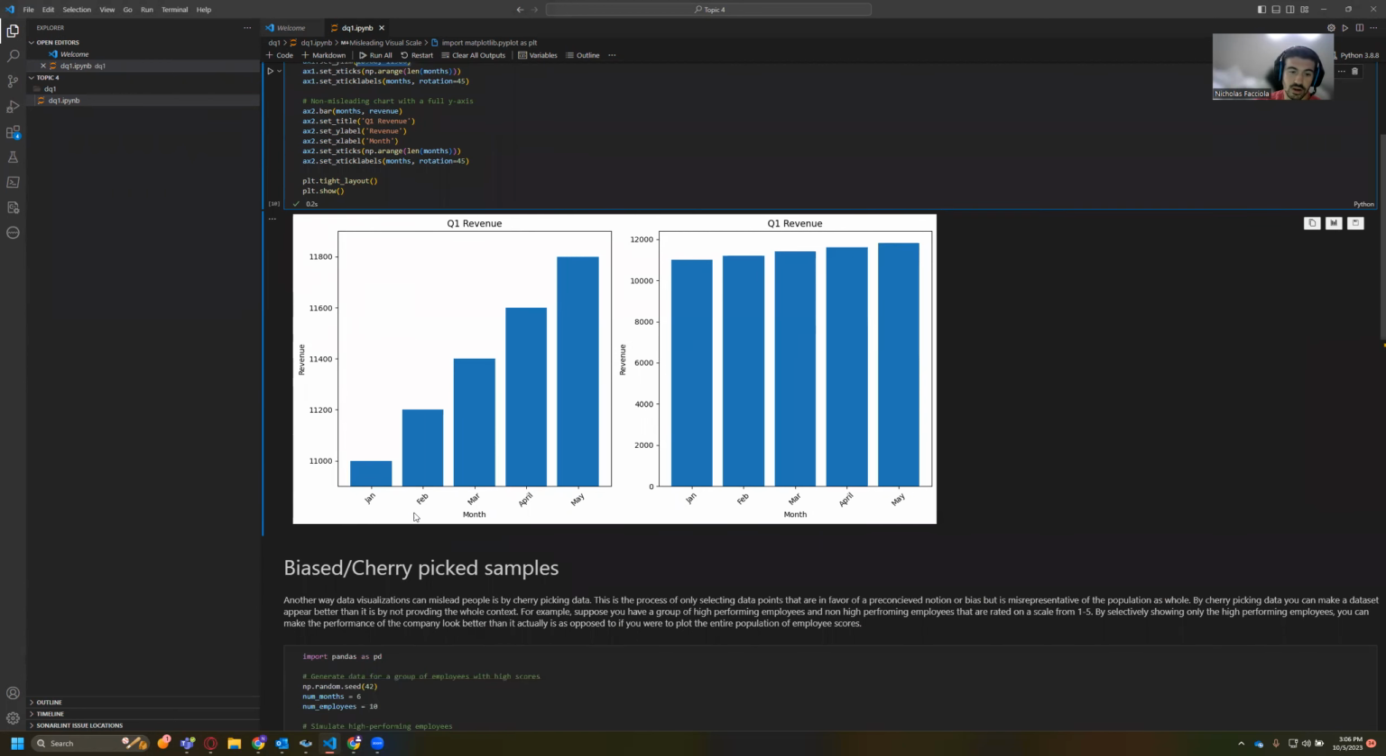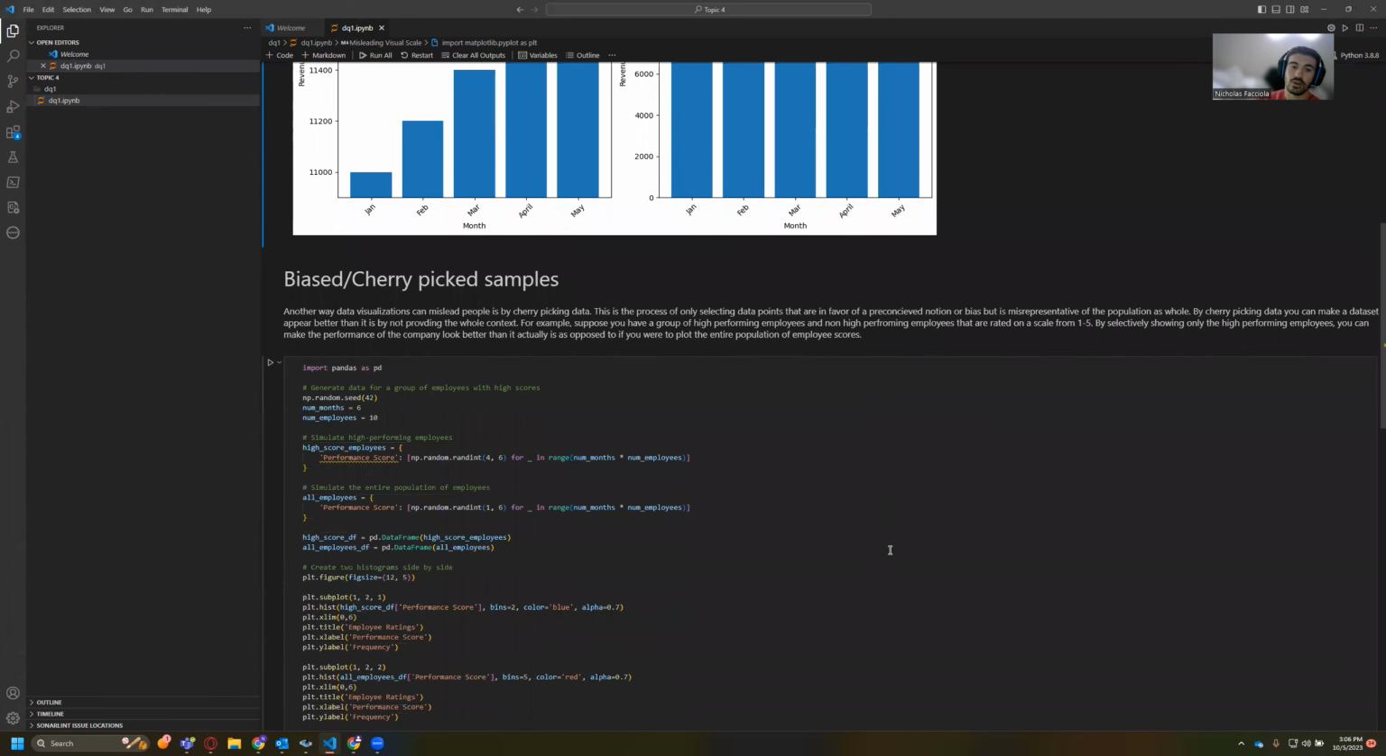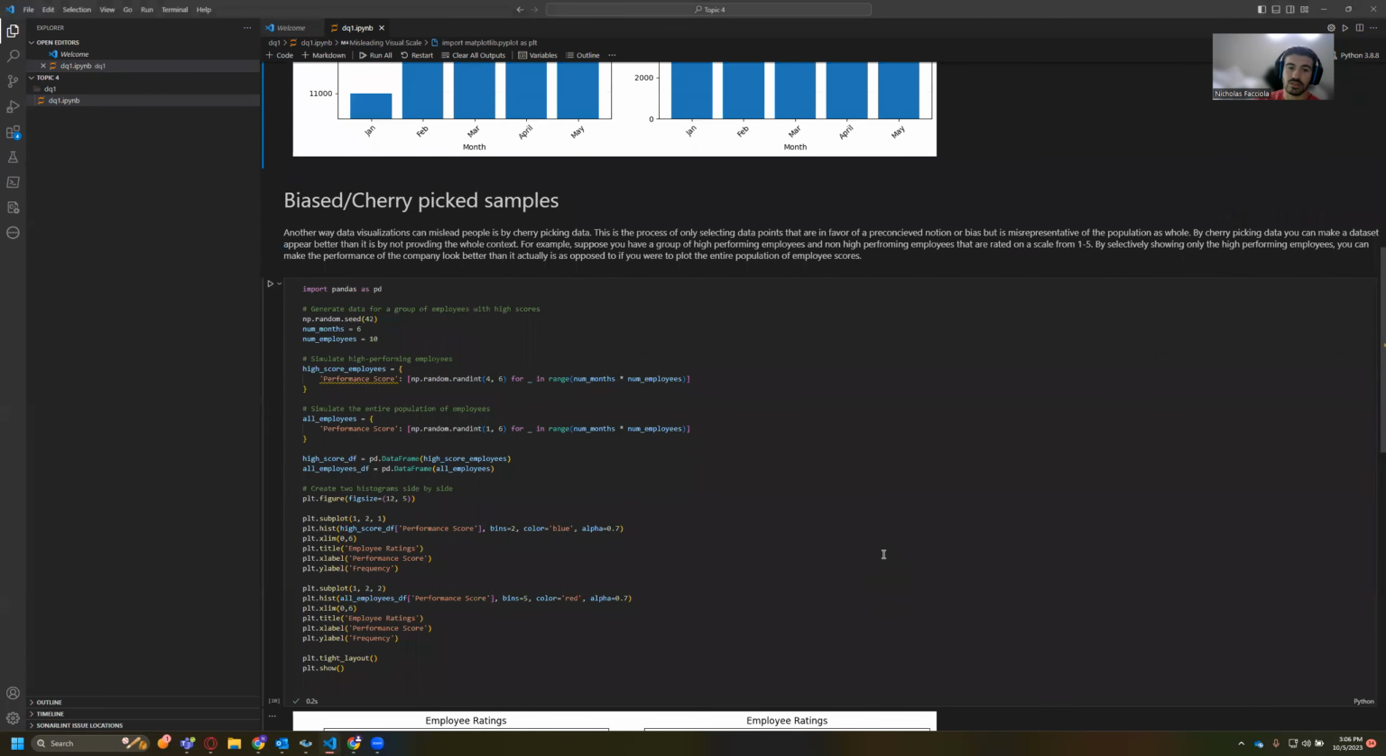As you can see here, these numbers are the same, but on the left, it looks like they're greatly increasing their revenue per month, whereas on the right, you can tell that their change in revenue is actually not that drastic. Another way that you could manipulate data visualization is by biased or cherry-picked samples, and